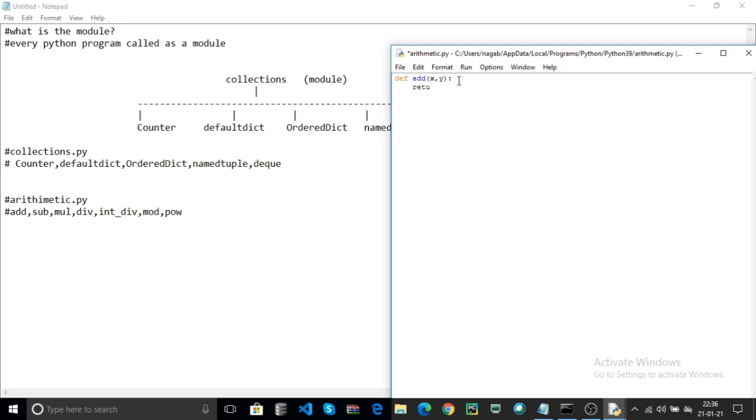Here simply return x plus y. Then define another function, subtraction, x, y, and return x minus y. Then multiplication, x, y, return x into y.